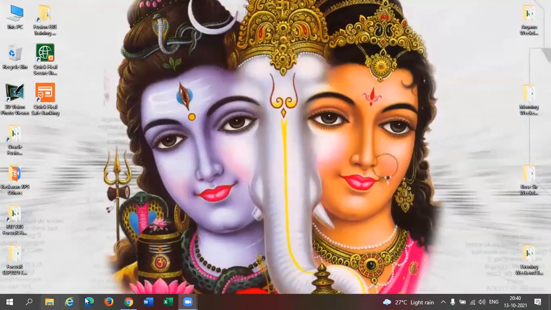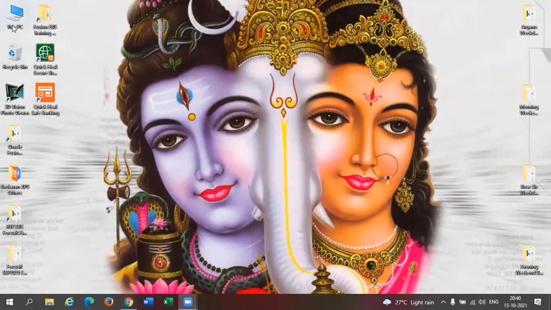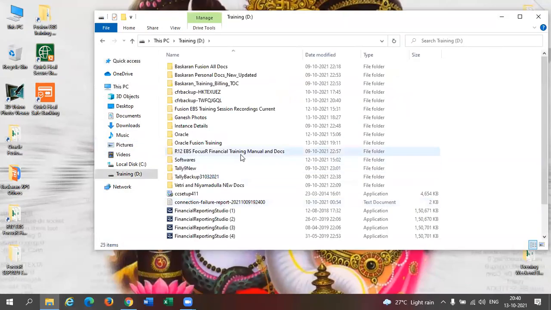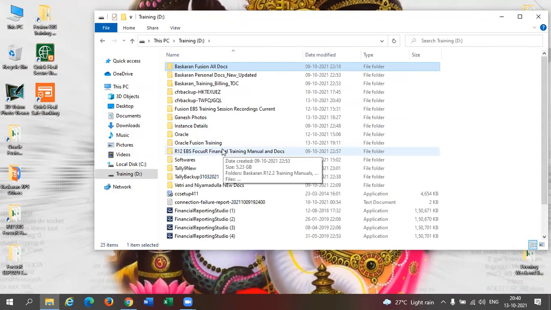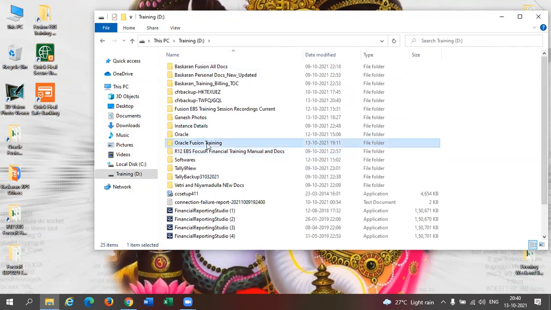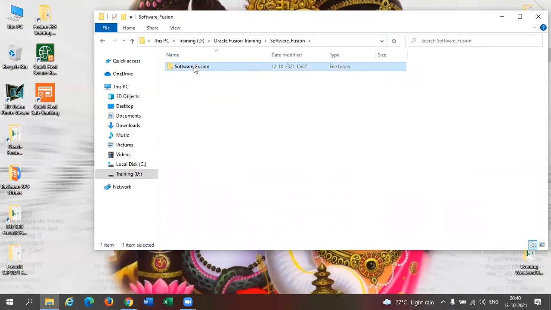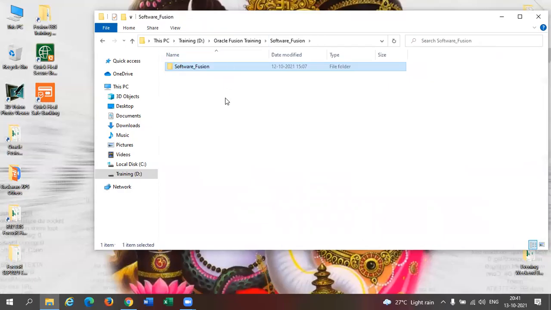You should install the software. What is the software? 3 software your trainer is explaining. Number one, ADF DI, which we have used several times, correct? Number 2, Smart View, correct? Number 3,